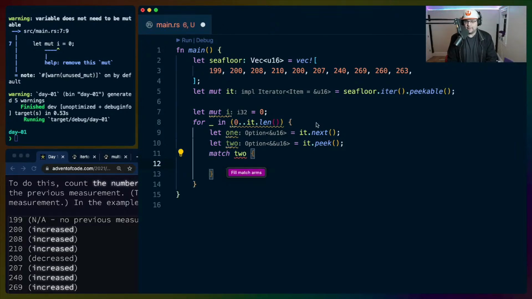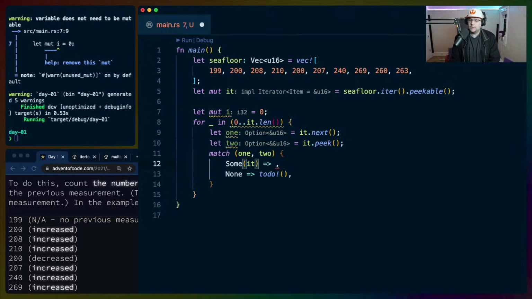I guess we could do if let here, but I like being explicit to start with. Match to... I don't know. Item. I guess we could do both, right? Match i1, i2.